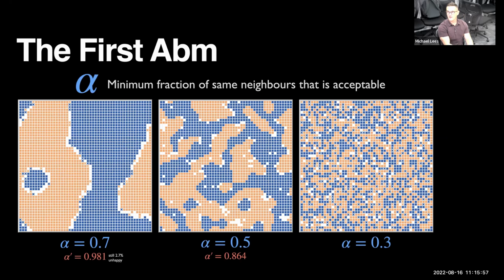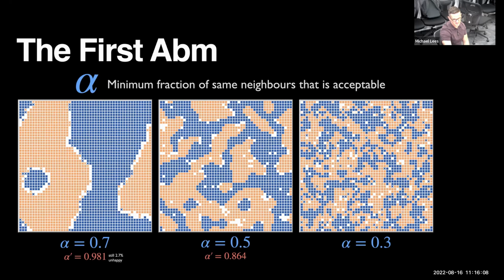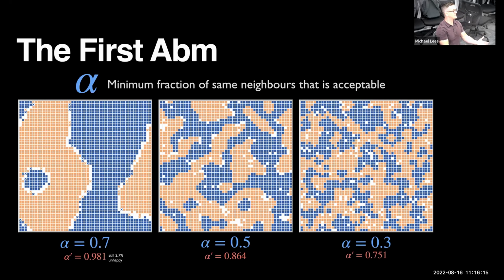And then the surprising thing was that if you could now go down to 0.3, so that says as long as at least 30% are the same as me, so I will tolerate 70% different neighbors, even at this level, you get segregation. And you end up with 77% of people having the same group around them. So what this tells you about things like segregation, and also about school segregation, is that even small preferences for your own group can drive the system to be segregated.